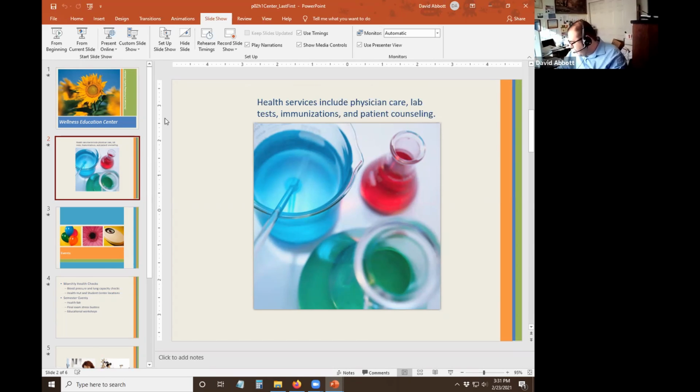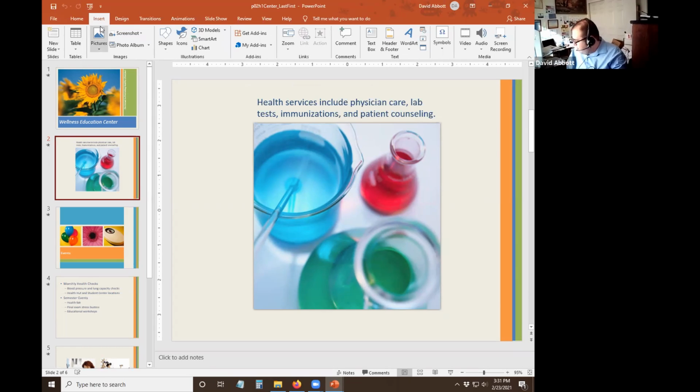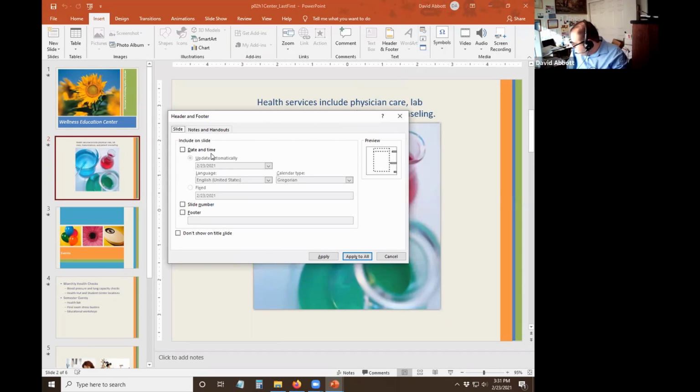Oh, there's one more thing. What we can do is click on the Insert tab and go to Header Footer. That's at the top of 998, if I can find that. That's Header Footer right here, Text Header Footer. And in the text group, click on Notes and Handouts tab